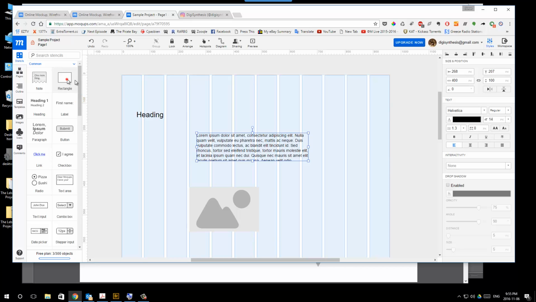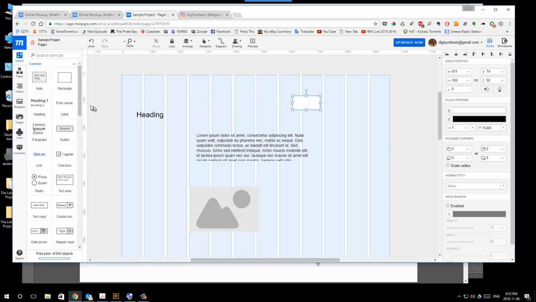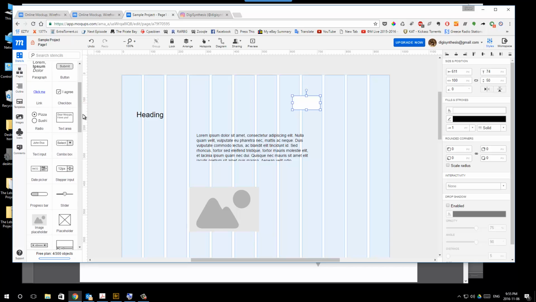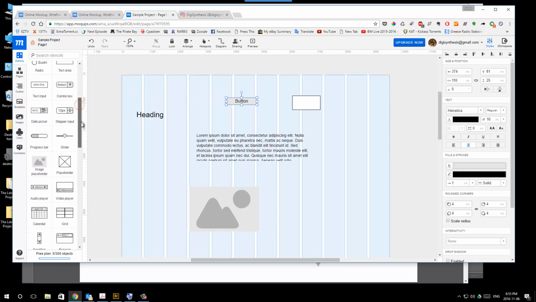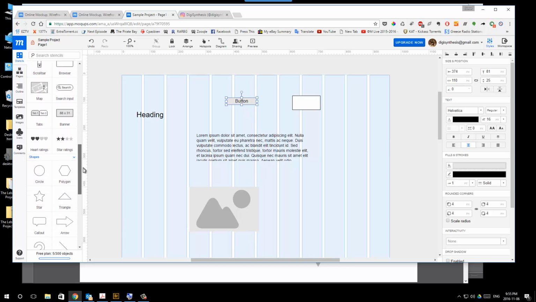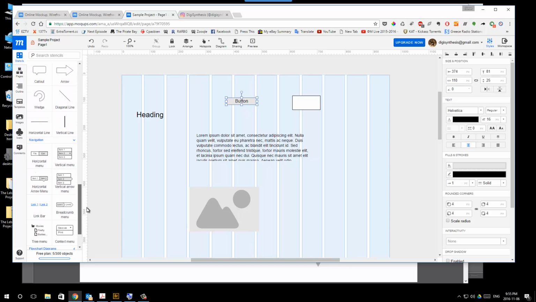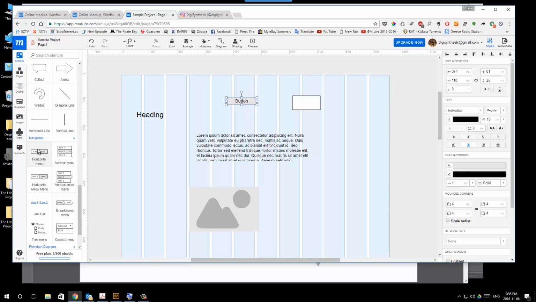We might want to throw a rectangle in there as a basic shape we'll be using. Maybe a button for whatever occasion. And I can say, okay, well, this one is going to have horizontal navigation. Might as well go to the navigation area down here, grab it and throw it in. So with these basic elements, I'll proceed to put together a very quick and easy layout